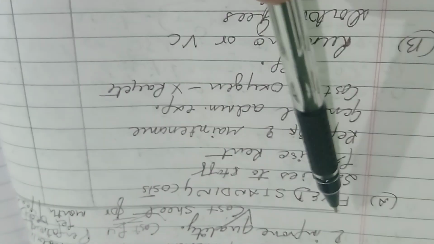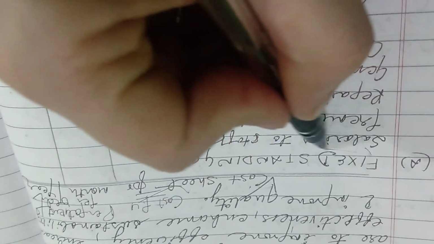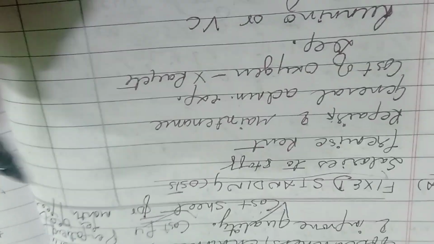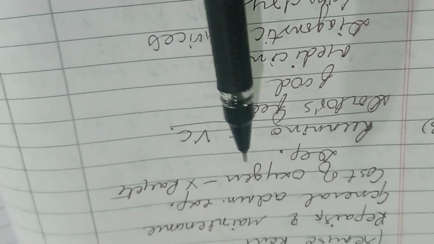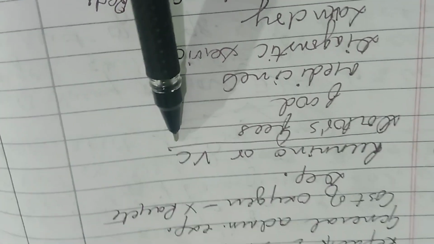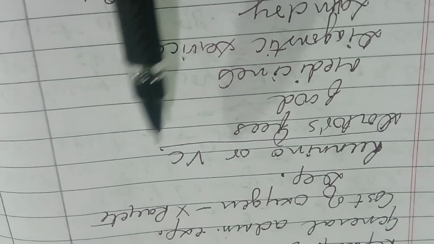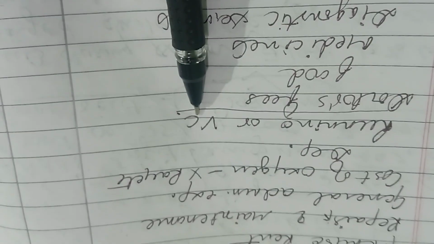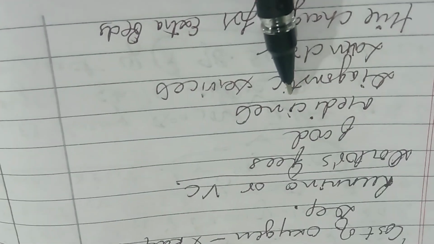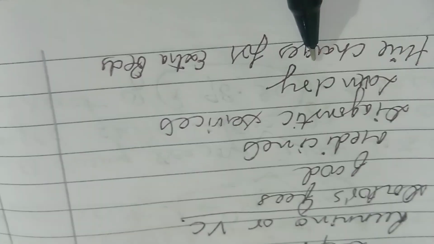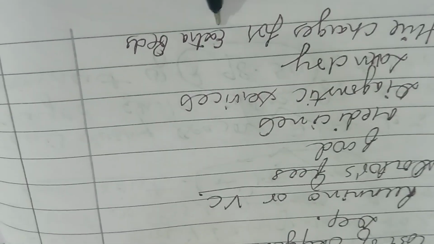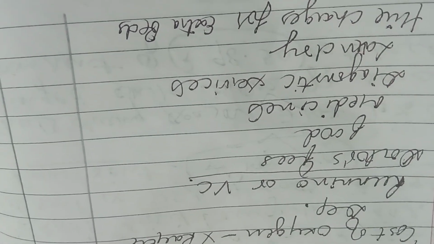So in portion A, we have to take all the fixed or standing charges related to the hospital. Next would be the running or variable cost. Variable costs vary, they change according to the patients and their beds, etc. Doctor's fees is a variable cost. Food, medicines, diagnostic services, laundry for the patients, and hire charges for extra beds. If we are taking extra beds and have to pay for them, it is covered under the variable cost.